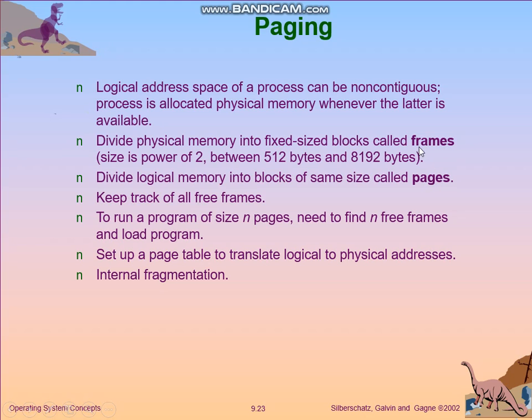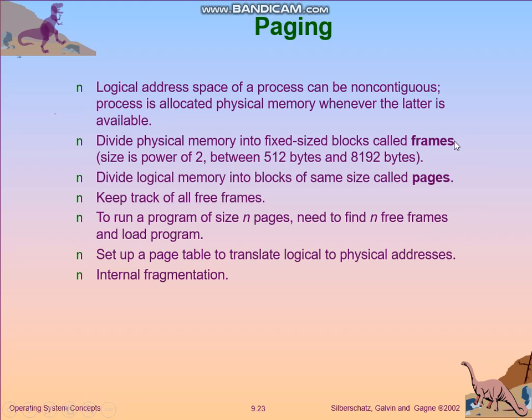It means suppose a frame can store 512 bytes of data. A page should also store 512 bytes of data. If the frame size is 512, the page should also have 512 lines. You can write only 512 lines in that particular page. So you divide the program into pages. Suppose you have a program that needs n pages. We need to see whether there are n free frames in memory or not.